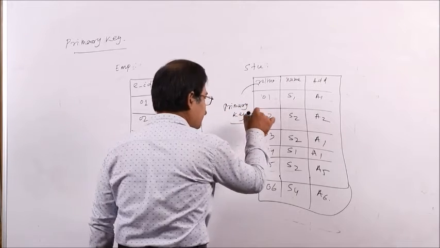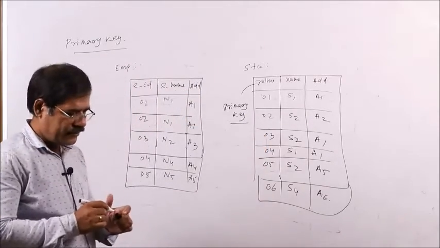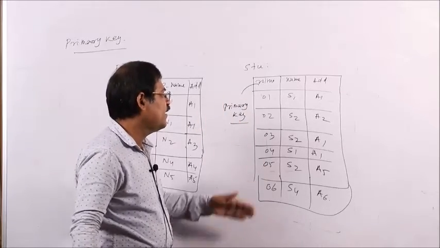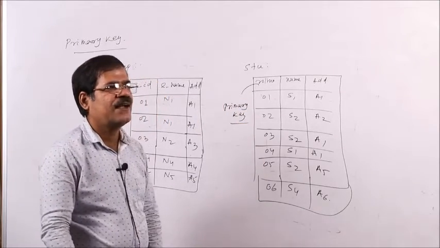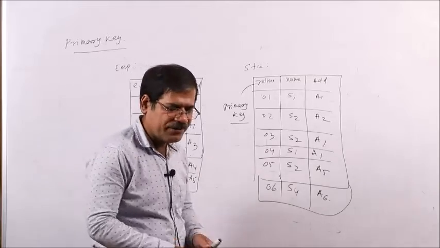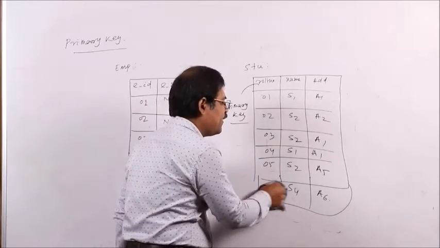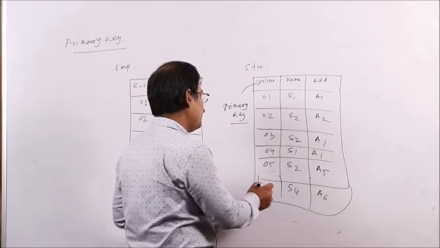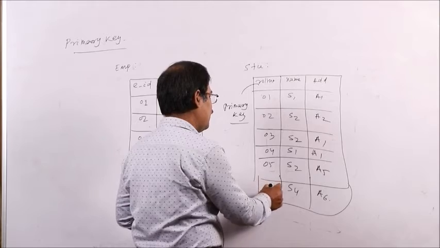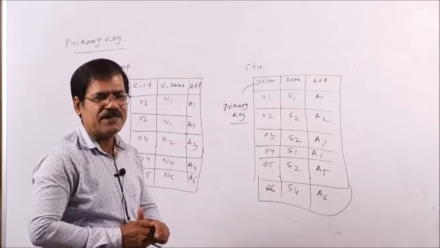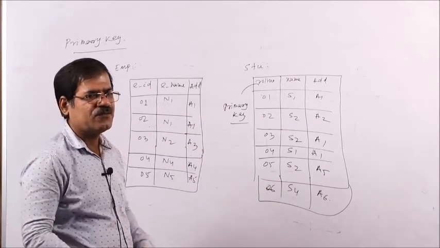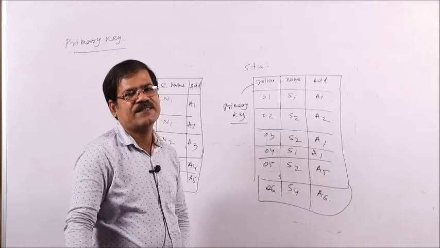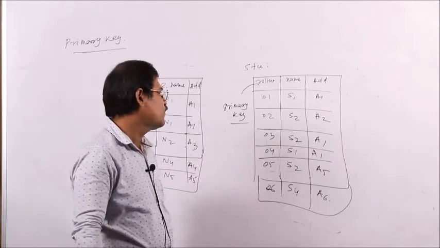because the value is not duplicated. So, there are these conditions. It is a unique identifier, the value should not be duplicate, and the value should not be null or blank. A student having a name and address but no roll number is not possible. So, null will not be allowed; it must have some roll number. The field you treat as a primary key should not be null or blank, and it must have unique values.